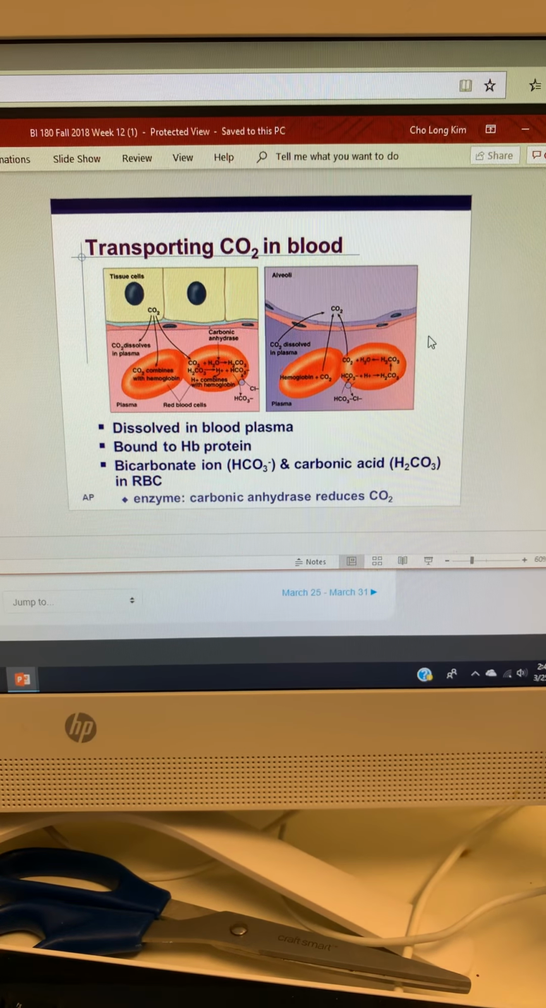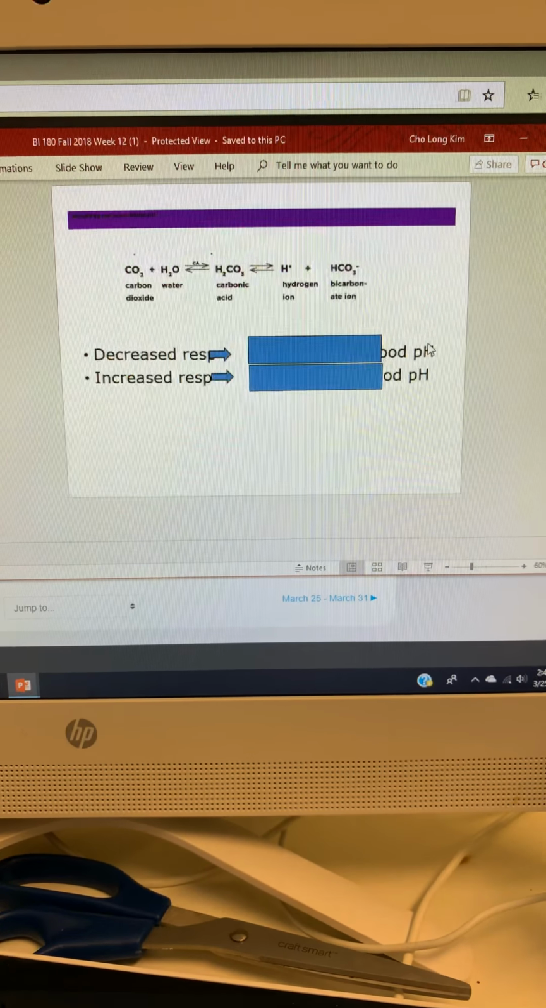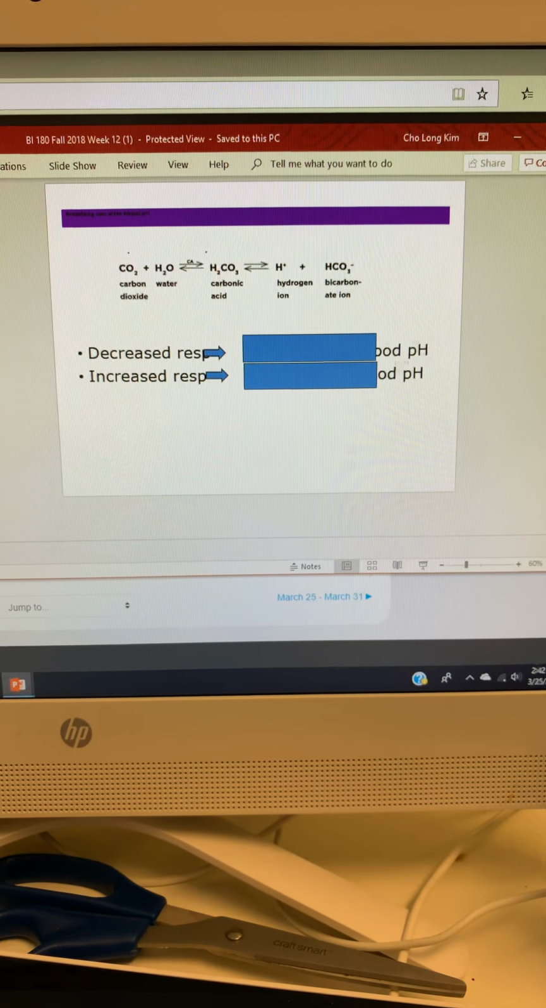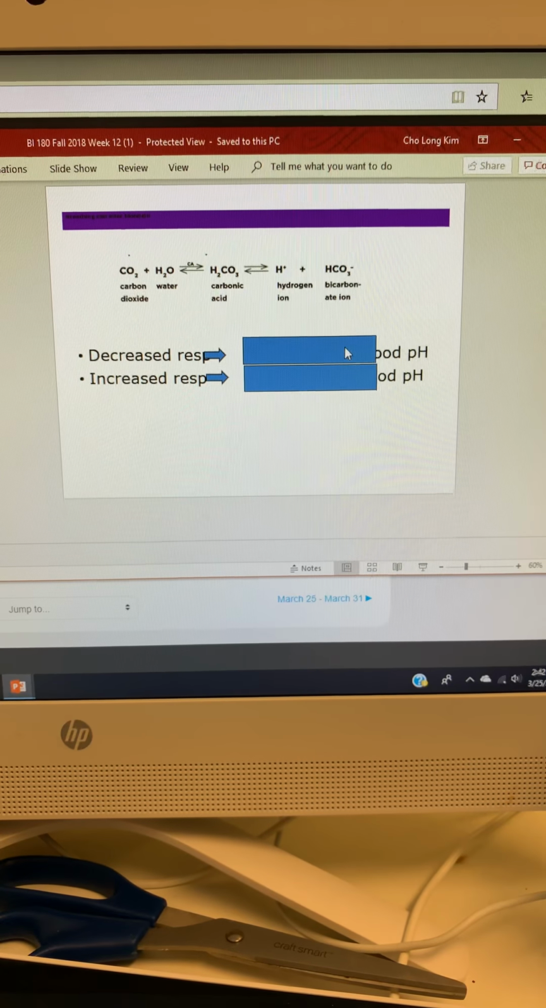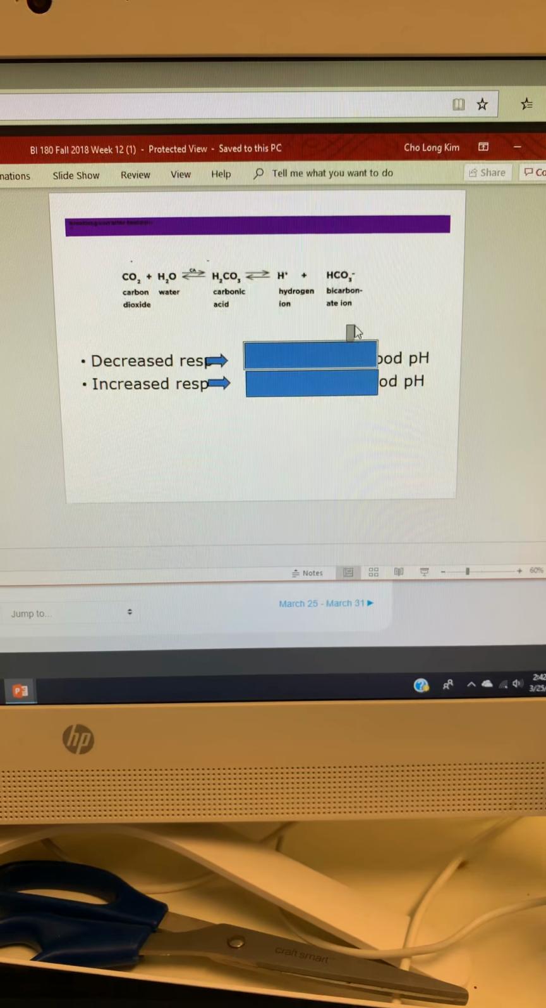We can skip 81 and 82. Couple things you should know though. Decreased respiration causes you to have,